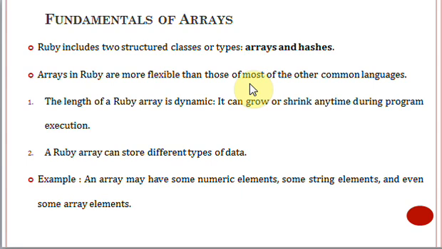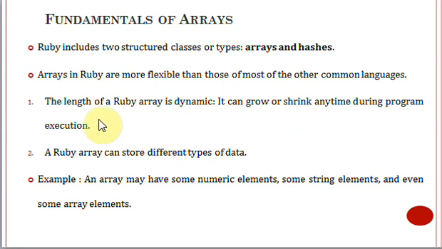Okay, so we have learned C. If you're comparing with C, when we talk about an array we say it is a collection, or whenever you want to hold a large amount of data which are of the same type, then you go for arrays. So what is the difference between that and the arrays in Ruby? When we said C, we said that an array is of fixed size. So in the beginning you tell what the size of the array is, but here we'll see what the difference is